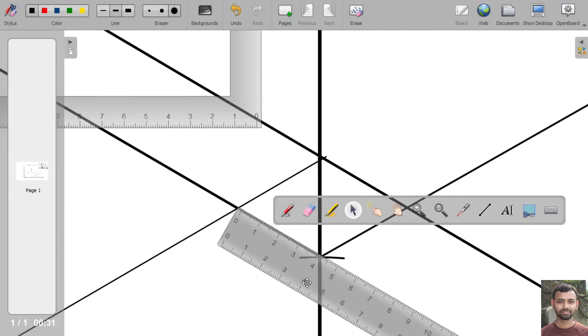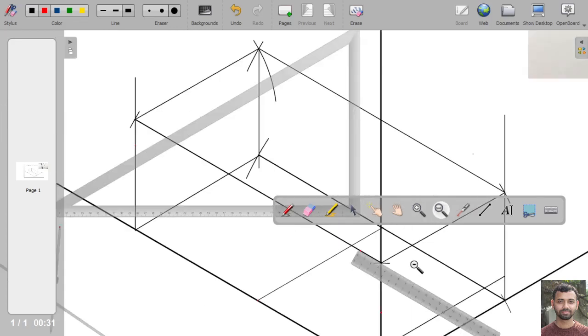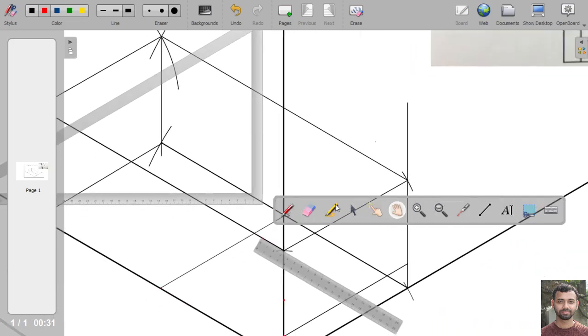We can locate this point. Okay. Now, if we draw it,